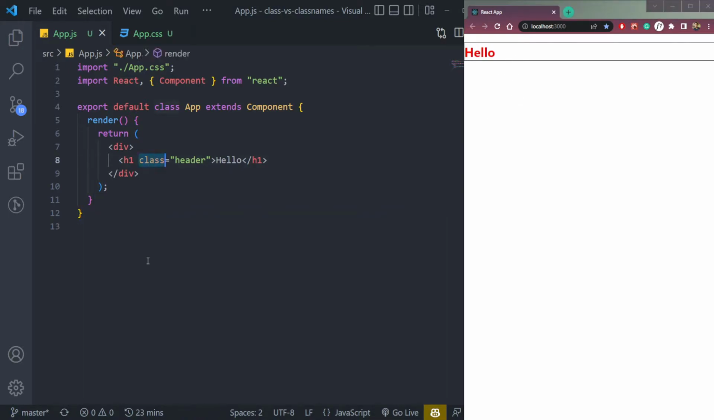But the problem is we are using two class keywords here. One is for creating the class that encapsulates, or covers all these things like render, return and all. And in the return we are using one more class for rendering the CSS. If we open the console,